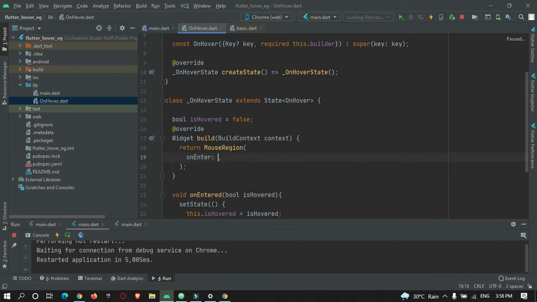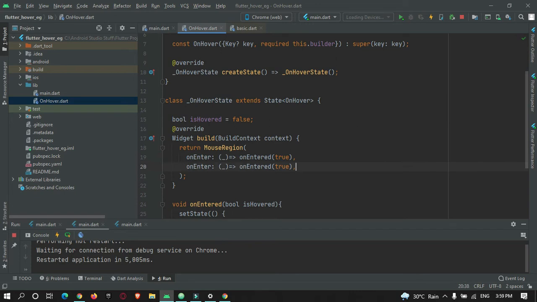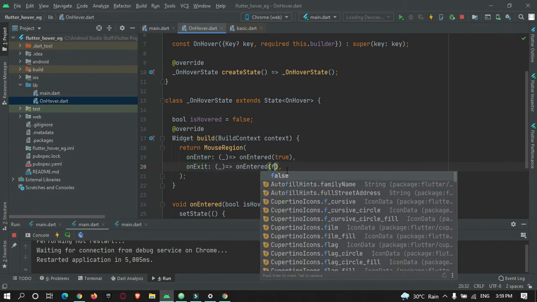On entry, let's call our method onEntered, and here we need to pass true. And the same thing when the user moves out of the hover region, meaning the mouse region, on exit we must pass false.